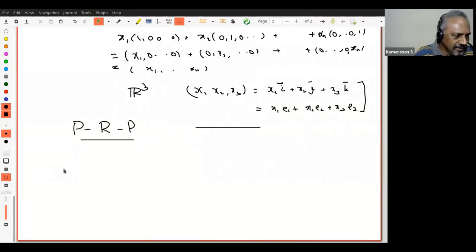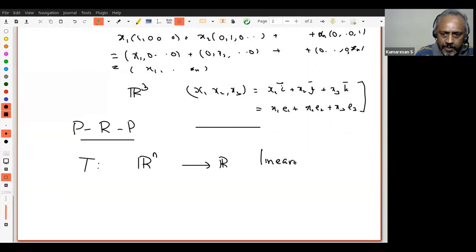Okay. So it's essentially a crash course on some basic facts about linear algebra about Rn. But you can see these are all something to do with real numbers. It's really easy. Now I want to talk about a map from Rn to R. I want to say this is a linear map if the following are true.